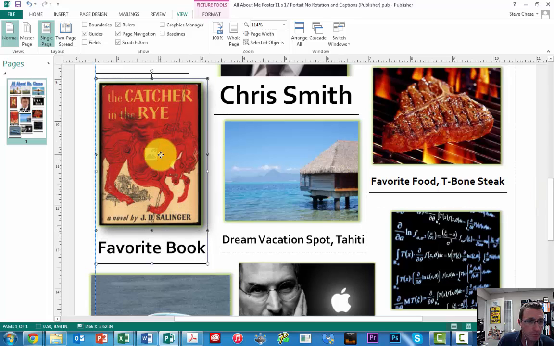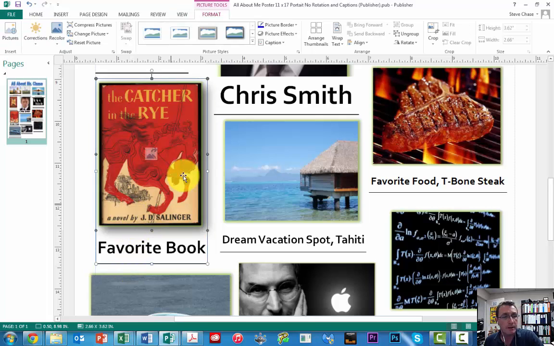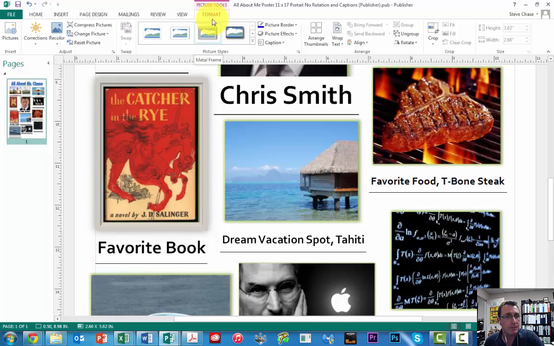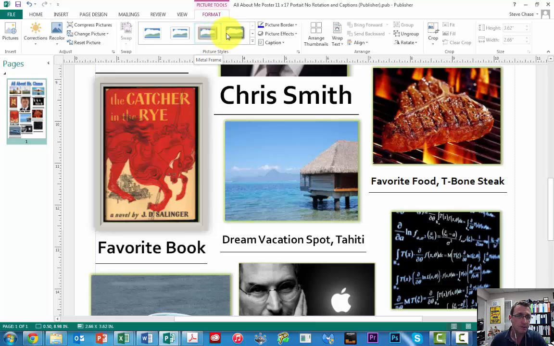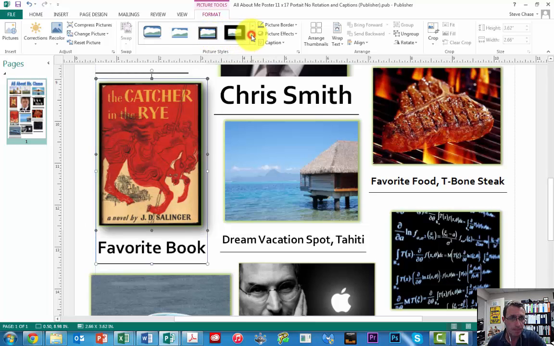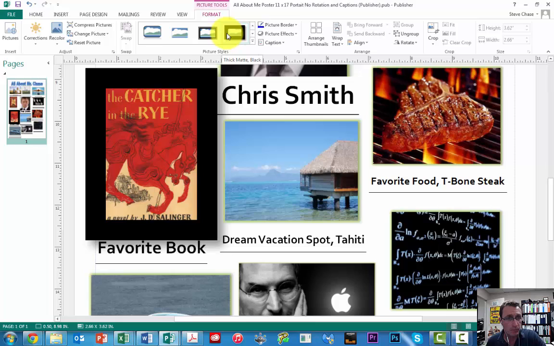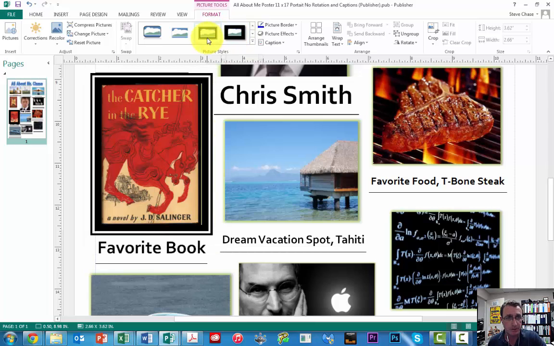Let me move up, kind of fix. I'm fixing the top and bottom spacing, at least looking at it. If I double click on this picture, you can see that I have some options now under Picture Tools and Formatting, and this is the framing. You'll notice it's changing as I'm going over this. You can see there's a really thick black border, which doesn't work very well because it sticks outside the margin on the page. So I would avoid stuff like that